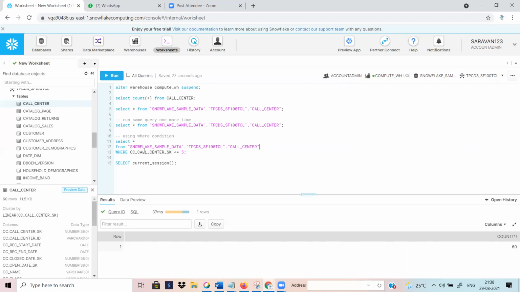The best practice is to give the full details. Suppose you don't want to point to anything and you give the full details, you can run it from any schema, even if you are pointing at a different schema here. When you give the full detail, it runs against that particular database, schema and table, so you don't need to consider the current selection. That's the best practice.